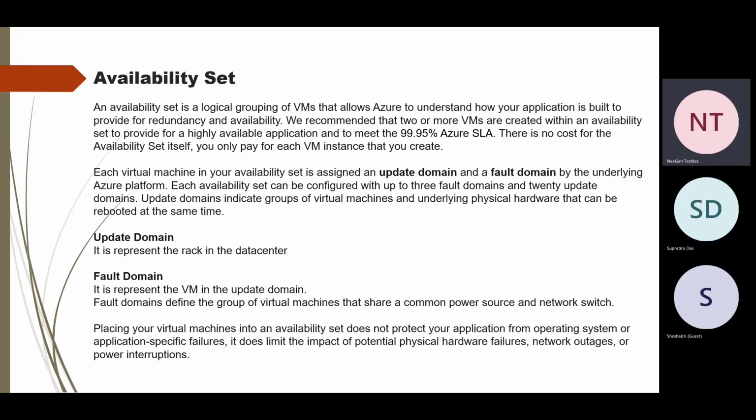If your ASCS is down, then the enqueue server is down, and your log entries will be gone. If you configure the ERS, then your ERS has the log entries. Once your ASCS is up, it establishes the connection with your ERS, and whatever log entries are there in the ERS,